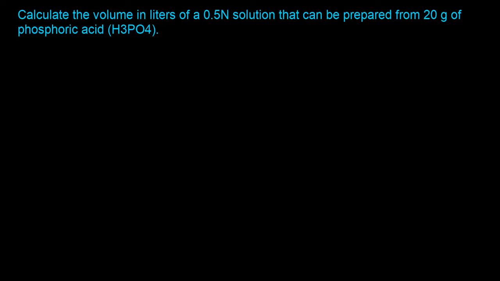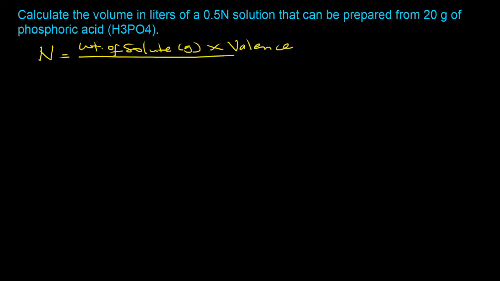But right back to the question, it says calculate the volume in liters of 0.5 normal solution that can be prepared from 20 grams of phosphoric acid. So same thing, we want to go ahead and start with the equation, and this equation should be stenciled on your mind. So for normality, we're going to make use of that equation which says normality is equal to the weight of solute, that's in grams, times the valence divided by the molecular weight of solute times the volume of solution